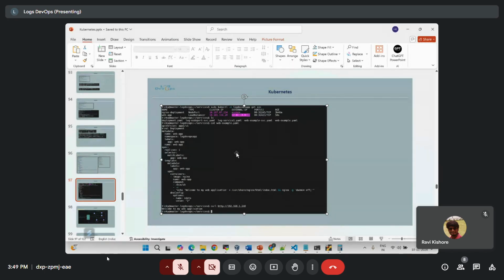Correct? करेक्ट है. So see now, see here curl what I tried to show you when we install the ingress. Okay, when we install the ingress. Okay, here